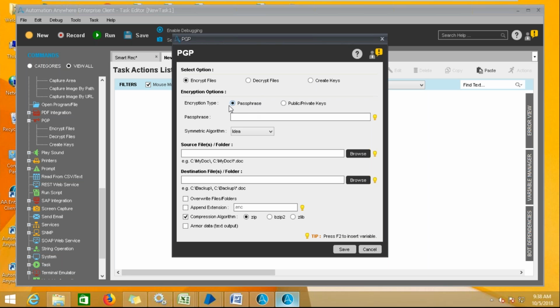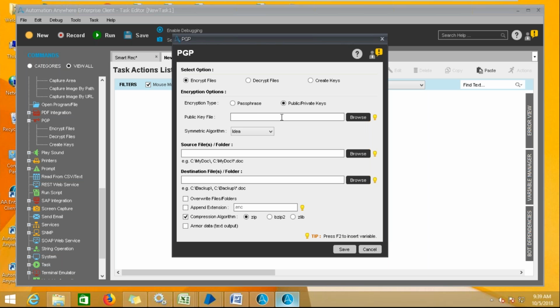Now, encrypt type is which type of encryption you want to do. Passphrase is one type of encryption. With public and private keys, you can pass the key, and by that also you can encrypt the data. If you encrypt the data with a private key or public key, when you decrypt the data you also need that key to open it. Simple: if you have a lock, you close it with a particular key and you can open it with that key only. No other key will fit. Similarly here, if you're locking with a private or public key, you have to open with that specific key.